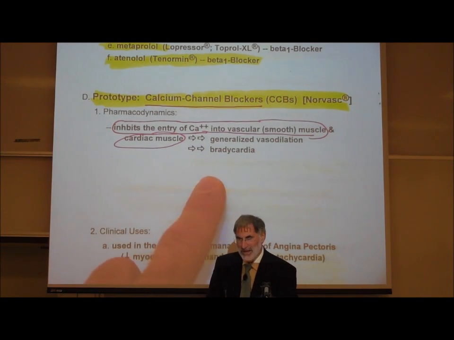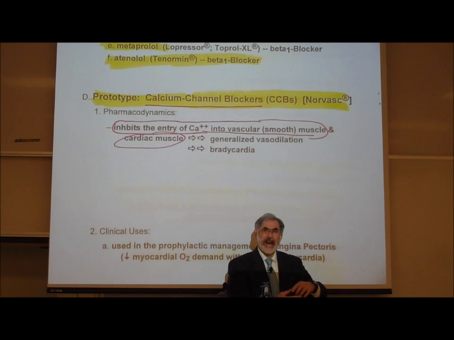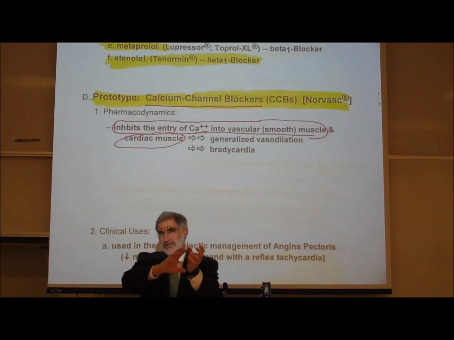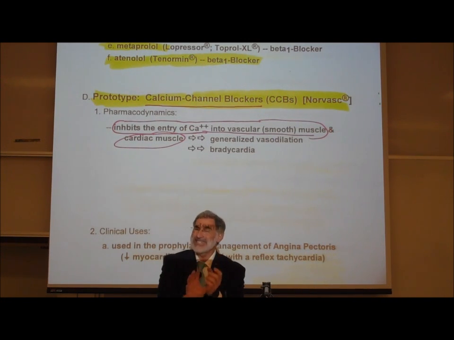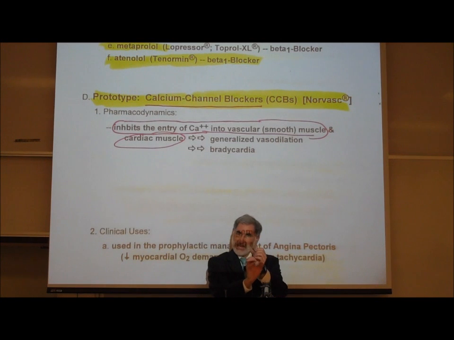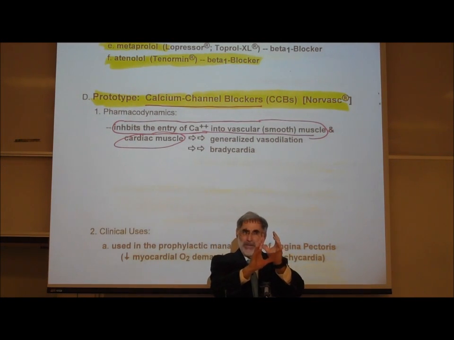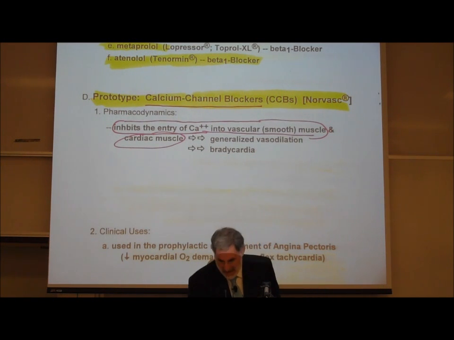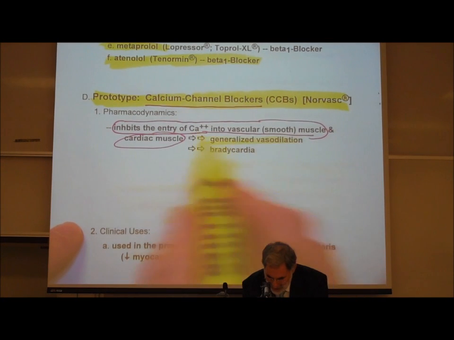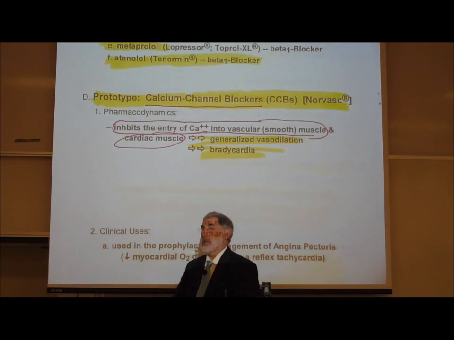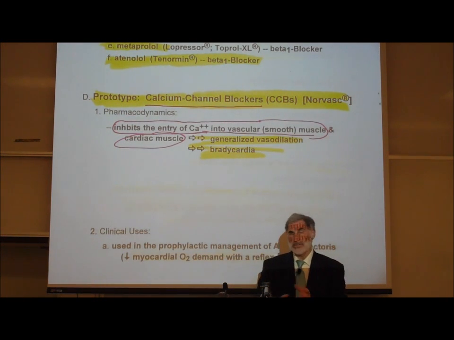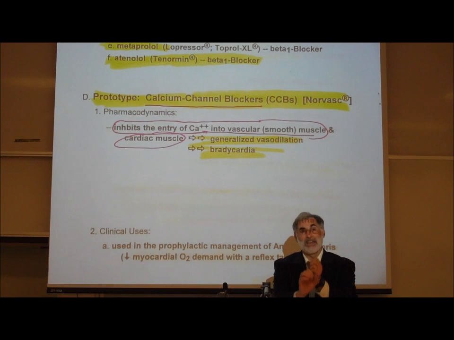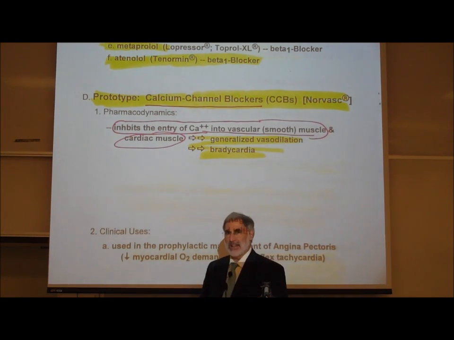That's called bradycardia. As there's a reduction of the flow of calcium into the visceral smooth muscle cells in the walls of the vessels, they constrict less. In other words, they tend to remain more dilated rather than constricted. Does that make sense? If the visceral muscle doesn't contract, the walls of the vessels tend to remain dilated. So calcium ion channel blockers basically slow down the heart rate, and they tend to prevent the arteries, the vessels, from contracting or constricting, resulting in generalized vasodilation.